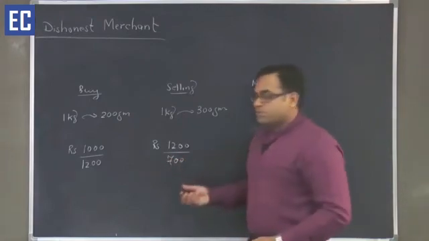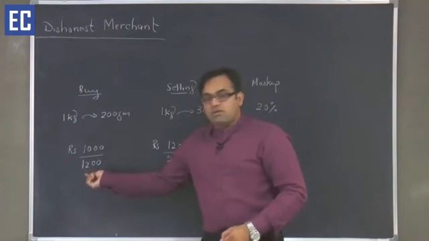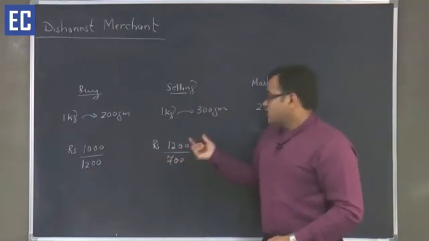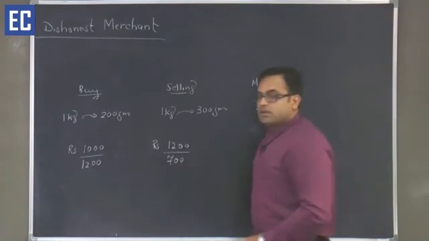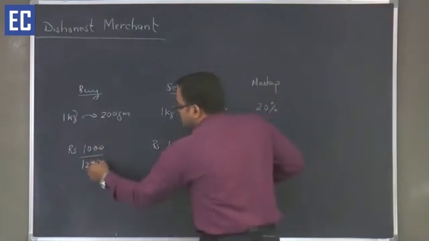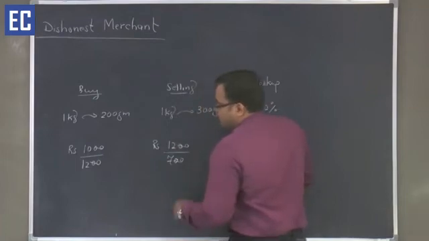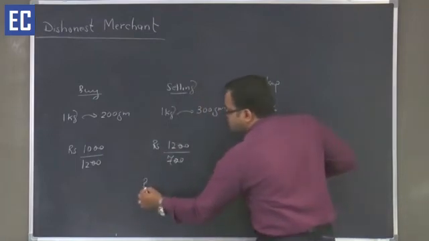So my cost price per unit is 1000 upon 1200. My selling price per unit is 1200 upon 700. What is my profit percentage? That should be pretty straightforward from here. So I'll remove these two. My profit percentage